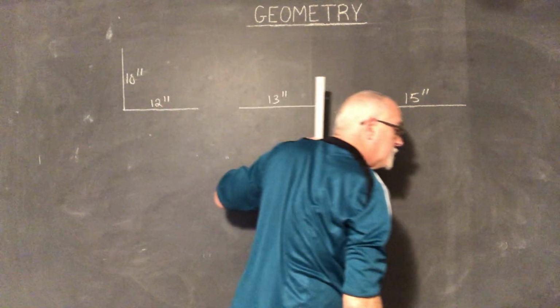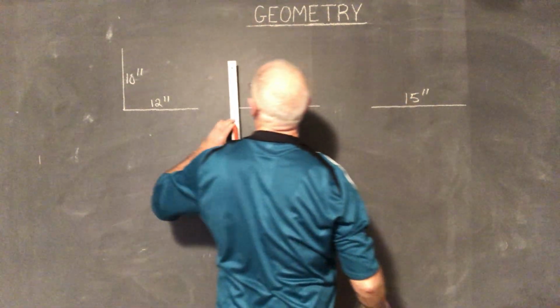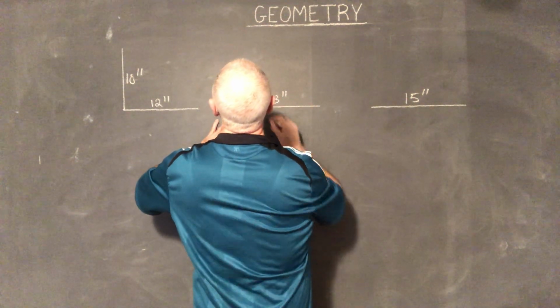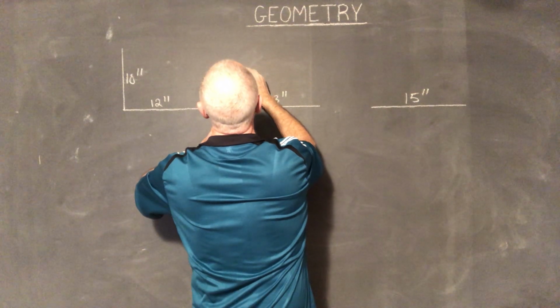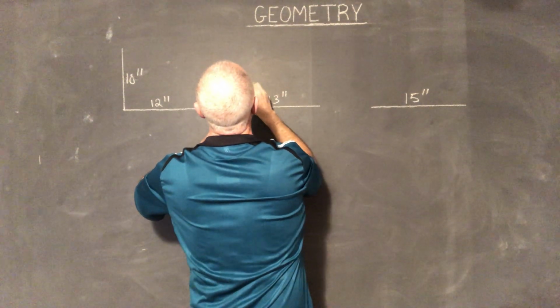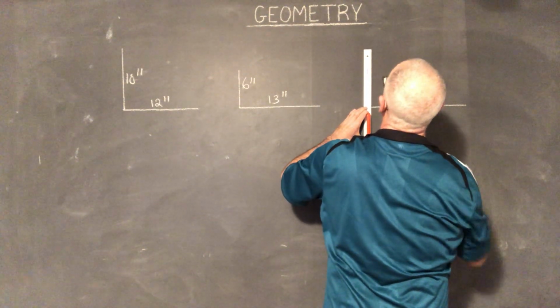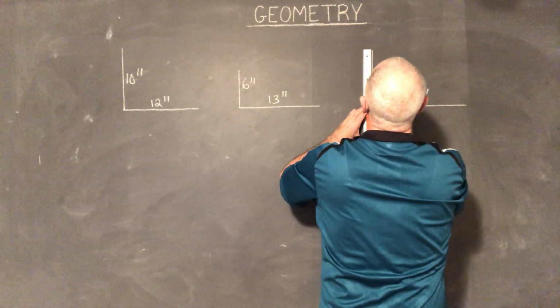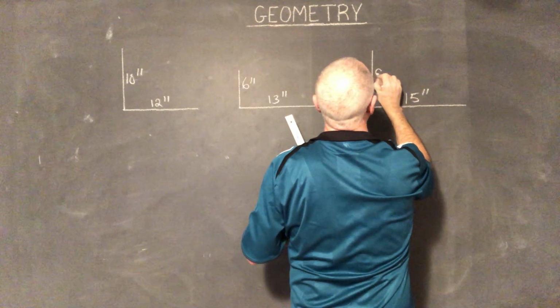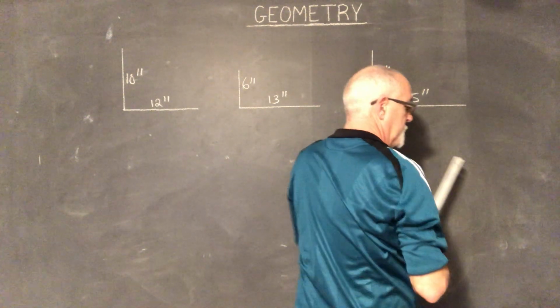And the other two were 6 and 9. 6 inches. So this is a small one, a bit of a shrimpy one. 6 inches and 9 inches. 9 inches. Okay, now